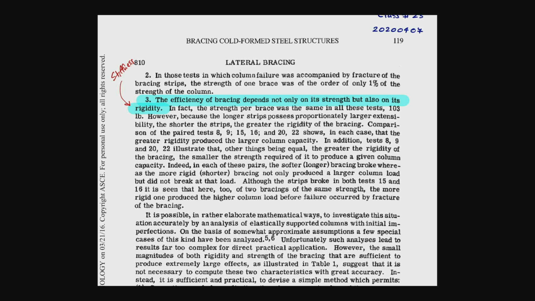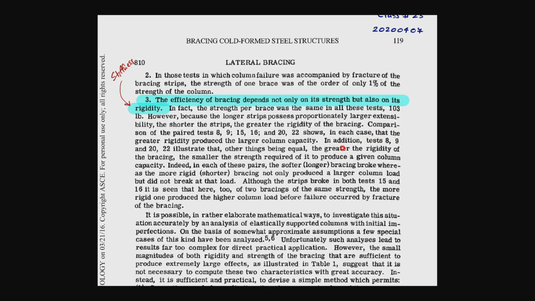In fact, the strength per brace was the same in all these tests, 103 pounds. However, because the longer strip possesses proportionately larger extensibility, so yeah, just more flexibility. The shorter strip, the greater rigidity of the bracing. We know all this. ERL comparison of the pair test 8, 9 shows in each case